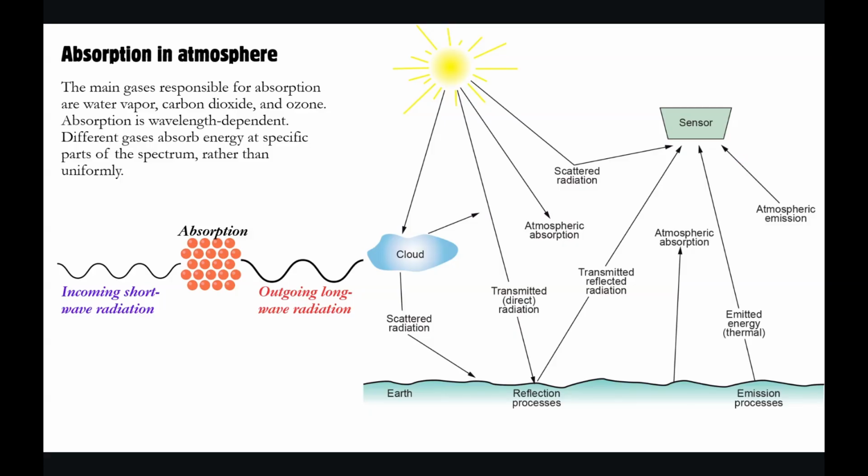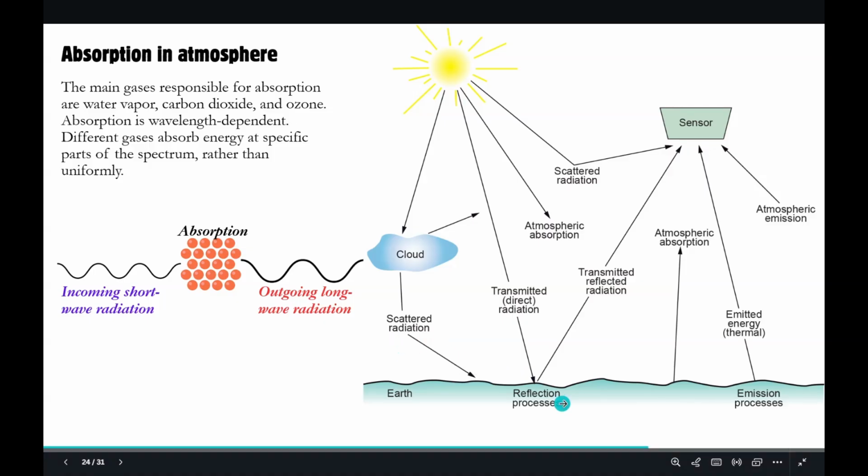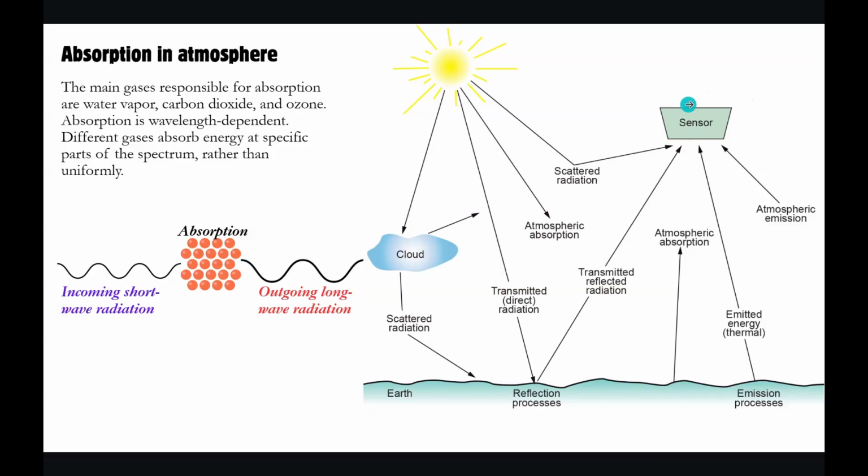Yes, we will talk about the irregular surface in a little different manner now. Out of all this radiation that has scattered, some of it is scattered again and directed back towards the surface, from where it will be reflected back towards the sensor, and whatever energy has been received at the sensor will be captured.